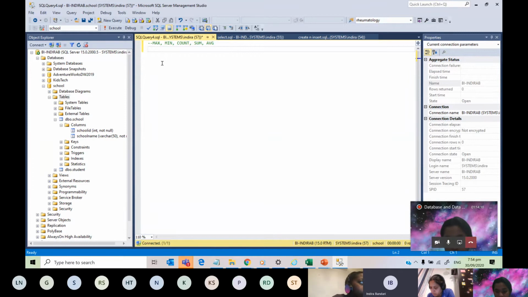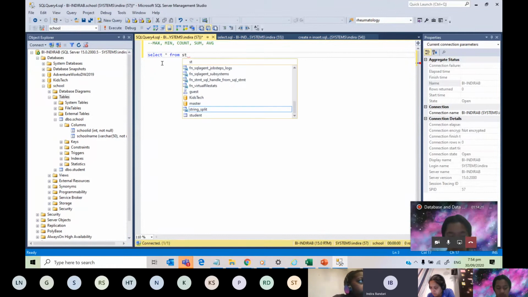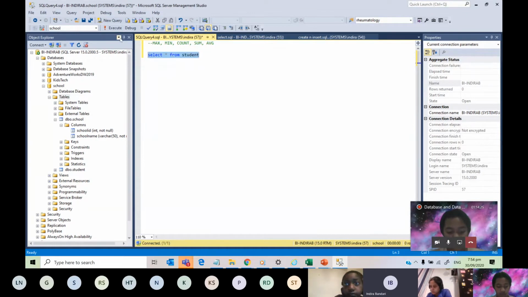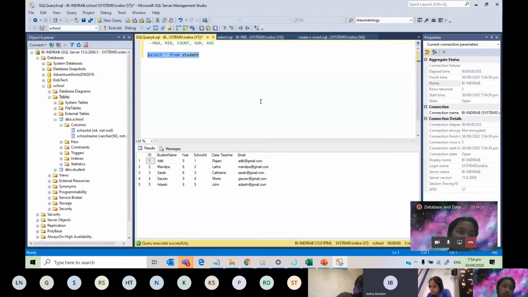So now let's try and use these as functions in SQL. I'm just going to first type select star from student so that we will see where we can use these functions. Okay, so this is the data. Can we use the max function here in the student name column?